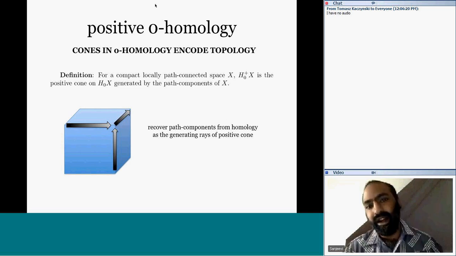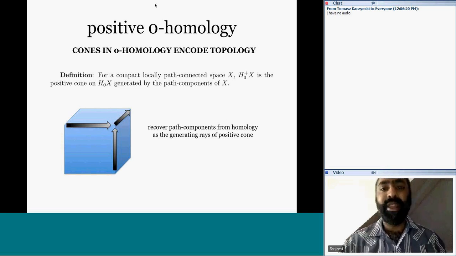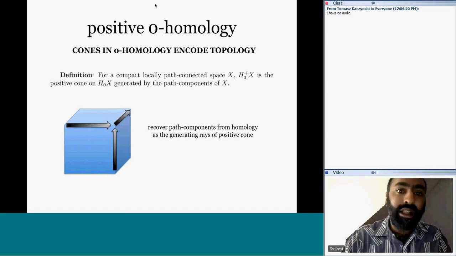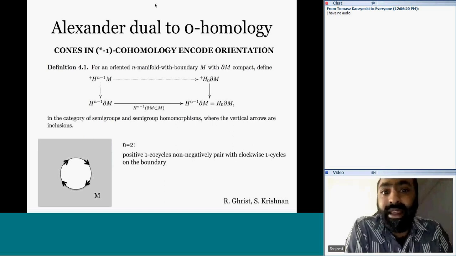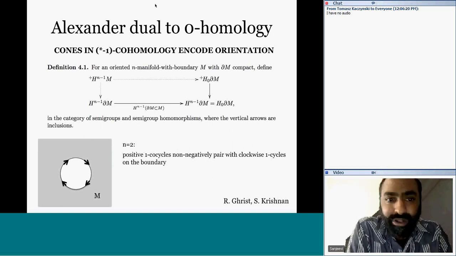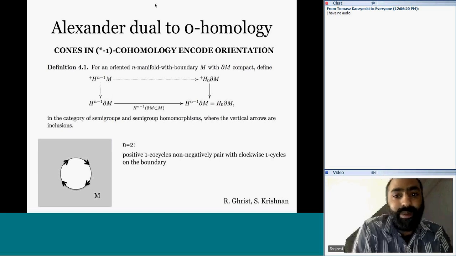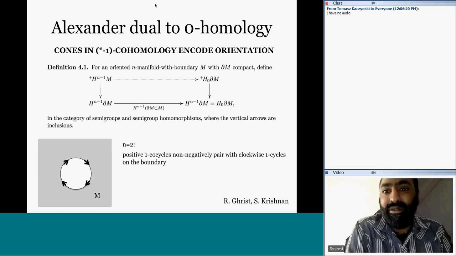It's natural to ask, I have cones in zero homology, so following Alexander duality, what's Alexander dual to this cone? We can get a cone in the cohomology group. I look at a manifold, so faced with enough structure here, an oriented manifold with